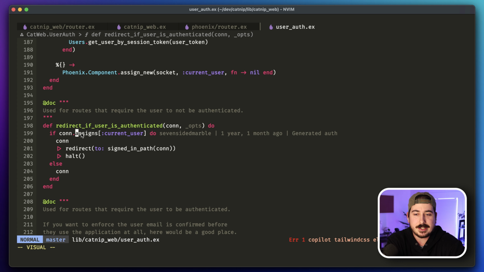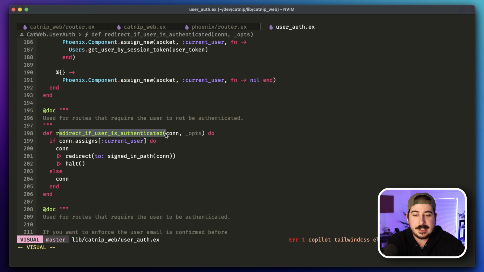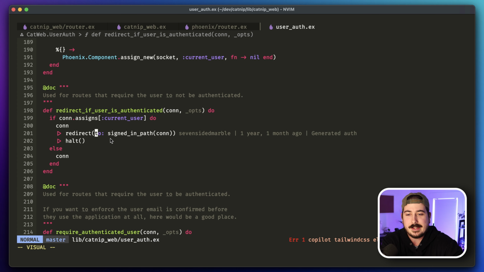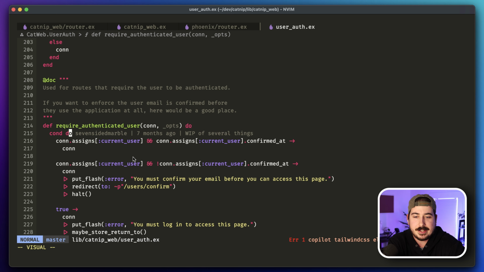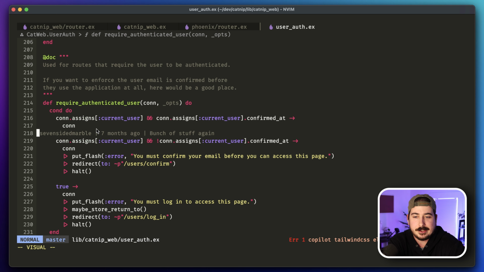You can write plugs like this. Redirect if user is authenticated is one that comes from the generator, and it checks current user, checks to see if current user is set. That means that they were logged in successfully. There was a session in their cookies that the plug higher up was able to get them from. And if they are set, this plug is actually going to redirect them. Require authenticated user is probably a little bit more sensible